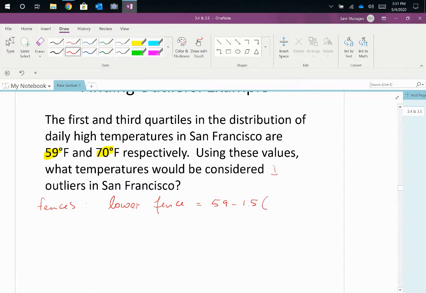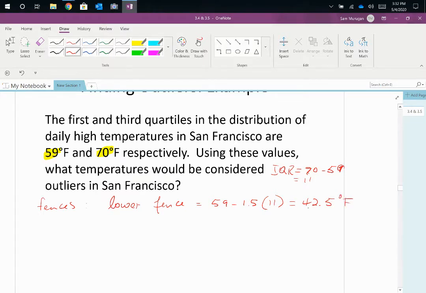Remember, the interquartile range is the highest value minus the lowest value, which is 11. Putting that in a calculator, you'd get about 42.5 degrees